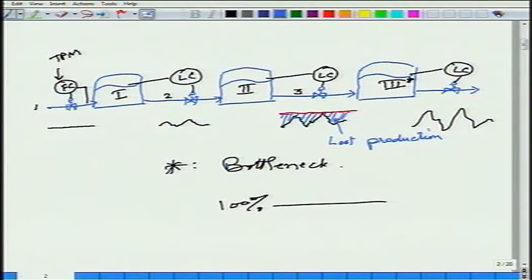What do I mean by lost production? You see, my bottleneck unit was capable of handling what is the red line, right? But because the flow to the bottleneck unit is deviating and I cannot exceed that red line, I therefore have to be below it, so that in the transient my maximum capacity constraint is not violated, right? So the shaded area is actually lost production. Okay.